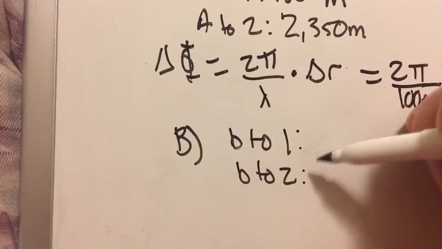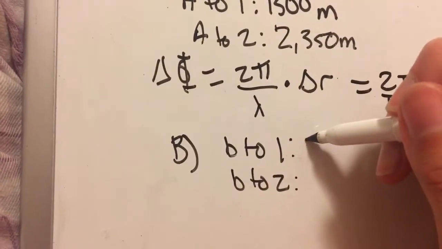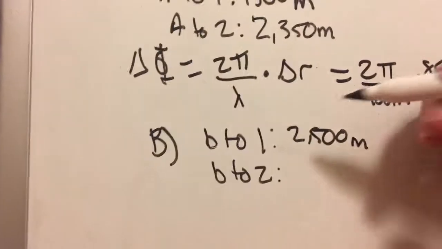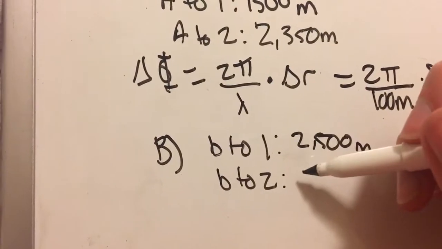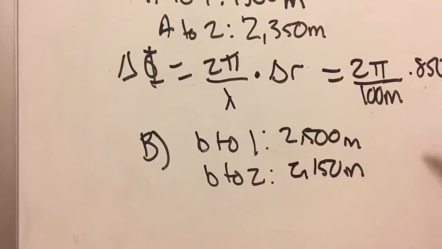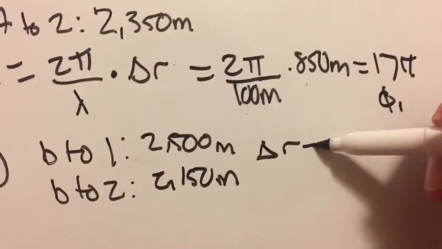These are both given from before. Island B to antenna 1 is 2,500 meters, and from island B to antenna 2 is 2,150 meters. Again, we're going to find delta R, which is going to be